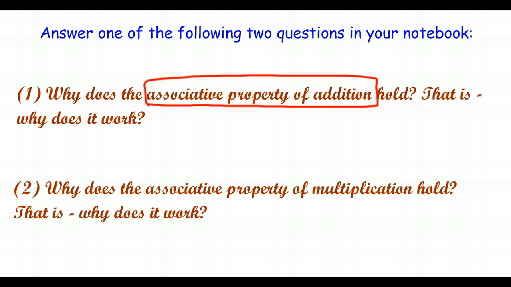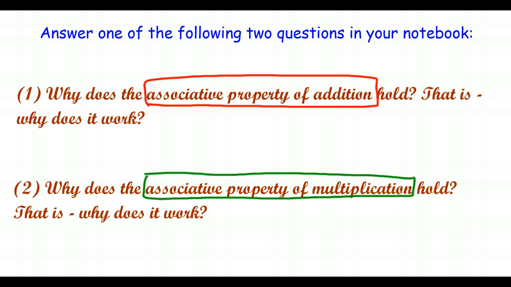why the associative property always works. And then the second question is, maybe you want to do it with the associative property of multiplication instead. Maybe you're more comfortable with multiplication than you are with addition. That is perfectly fine. But choose one of these two questions. Answer why the associative property of addition holds or the associative property of multiplication holds. And see what you can get for when you come into